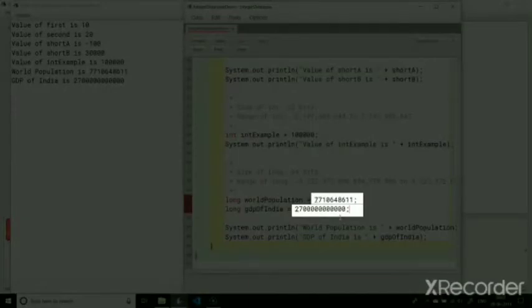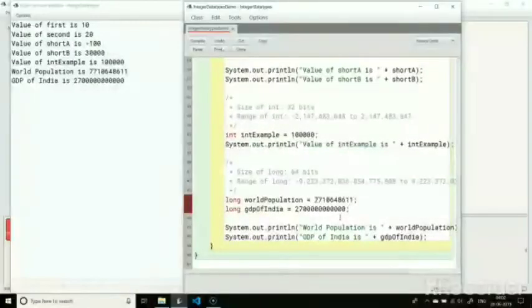These huge values here are outside the range of int, and that's why we are getting these errors. The error says integer number too large. The compiler is treating this number as an int value and complaining that it is outside the range of int. To fix this, we need to explicitly tell the compiler to treat these numbers as long values, and we do so by specifying an L as a suffix of the number. The case of L doesn't matter. We can write capital L or small l, both are equivalent for this.